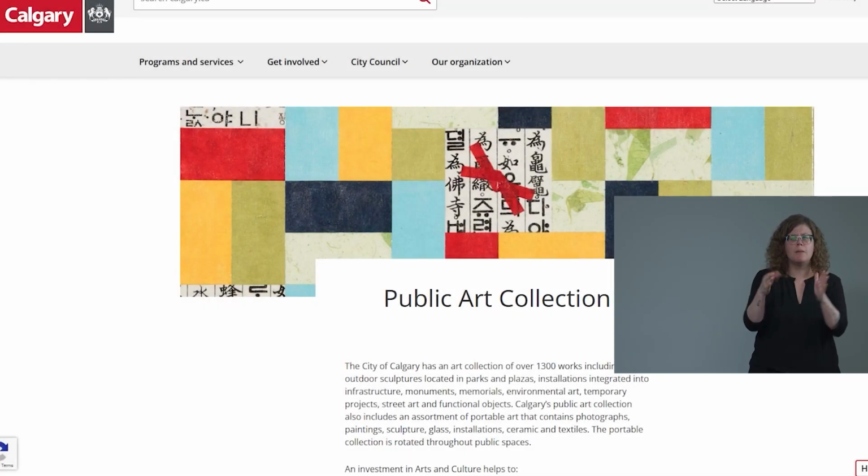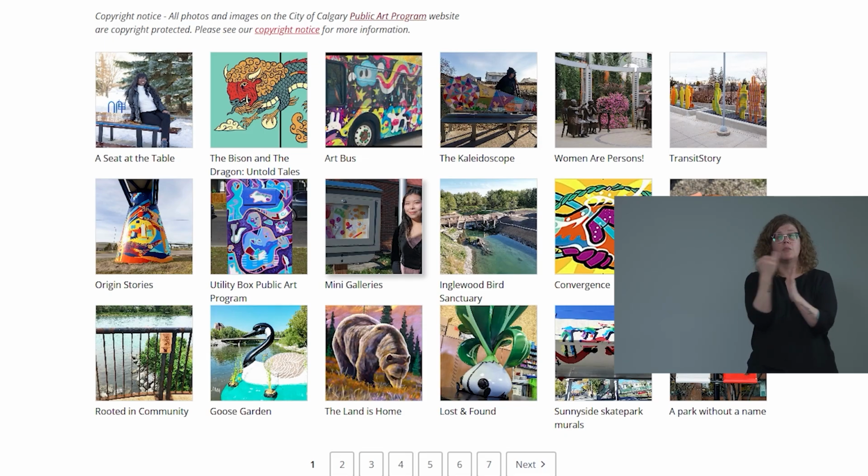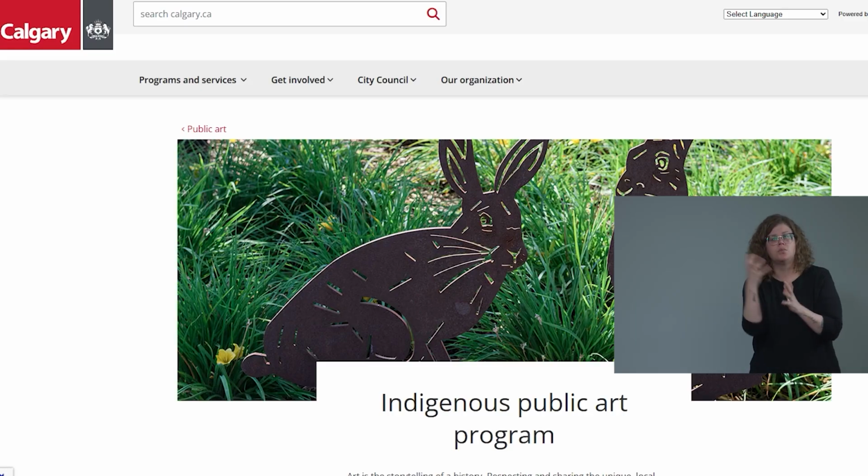The City of Calgary is responsible for conserving and maintaining the public art collection as a whole, which includes direct acquisitions to the collection, as well as the Indigenous public art program. Calgary Arts Development and the City of Calgary work together daily. There's a team called the Interdepartmental Public Art Team, or IPAT, which identifies opportunities to integrate public art into city projects. So there's always new work coming, and we're finding ways to do that in our city on a daily basis. So that's why we're here. We want to make sure that communities and artists are prepared to contribute and be a part of that public art process. And we do that by providing some information and knowledge that can assist you in that journey.